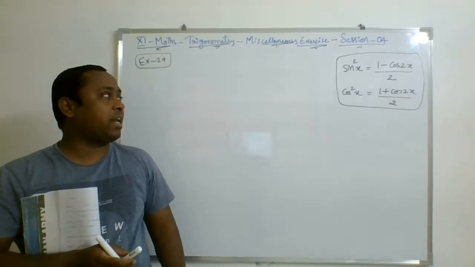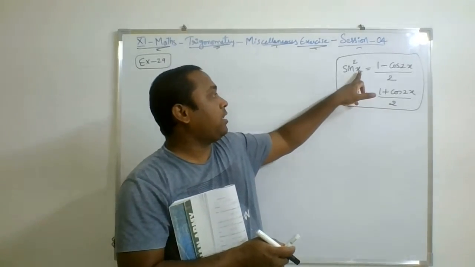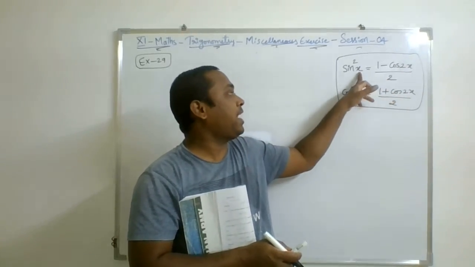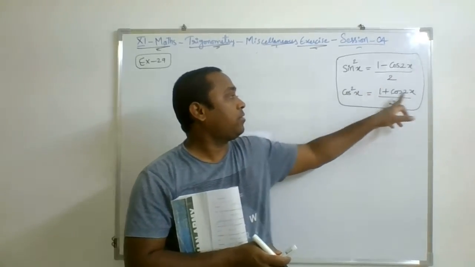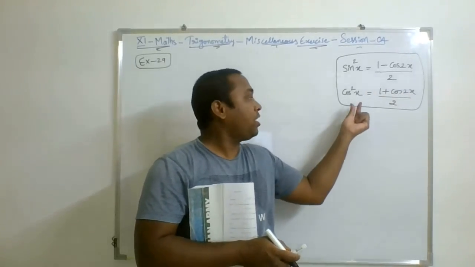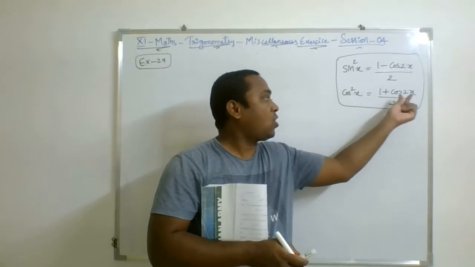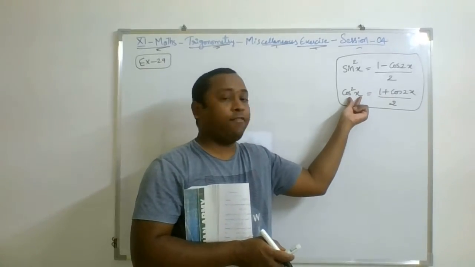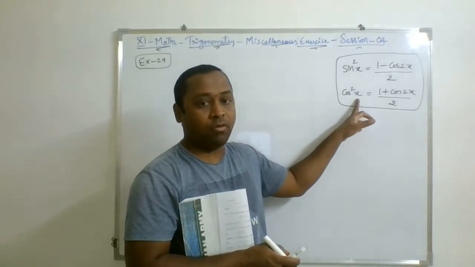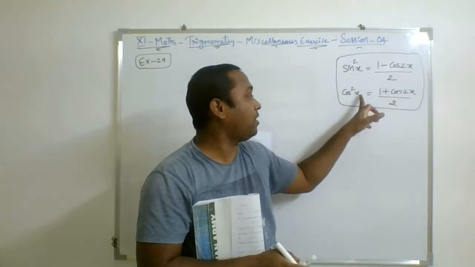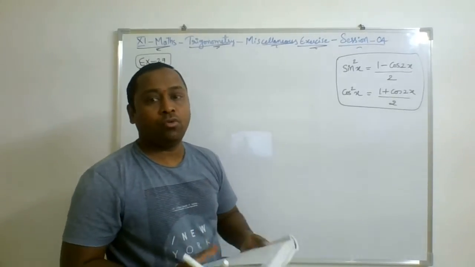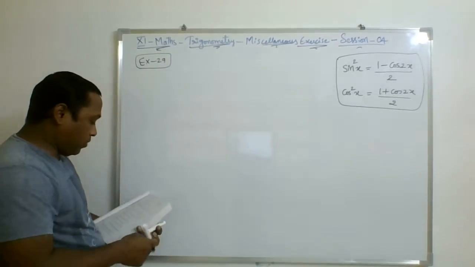Basically these are multiple angles. See, if this angle is x, in the formula this angle is going to be double. If it is x, it is 2x. Similarly, if it is 2x, it becomes 4x. Cos square 3x, cos 6x. Cos square 4x, cos 8x, like that. So whatever the angle involved over here, it's going to become double of this angle in the formula. So with the help of these formulas, we are going to understand example number 29.